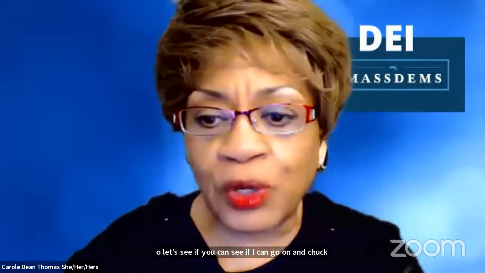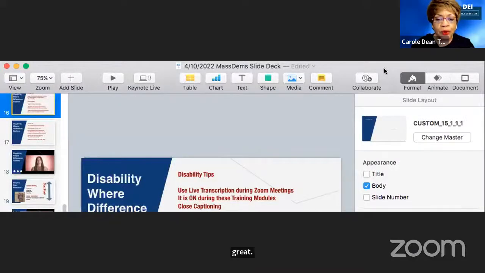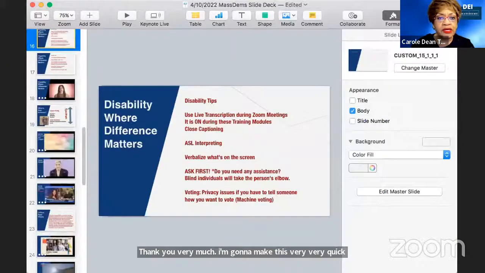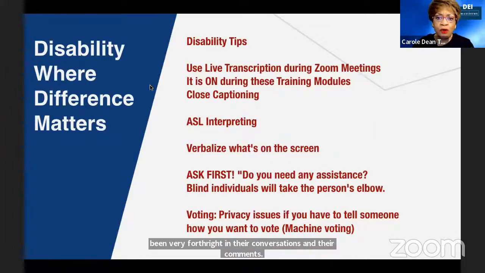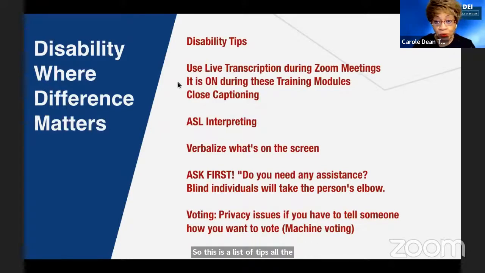I'm going to make this very, very quick, but I want to talk to you about what we're doing in our discussions revolving around disability. Disability is a subject that sometimes gets overlooked with diversity, but we are hitting it head on, thanks to Cheryl Cummings and Colleen Flanagan and others who have been very forthright in their conversations and their comments. So this is a list of tips, all the way from using live transcriptions, which we're using tonight, using ASL